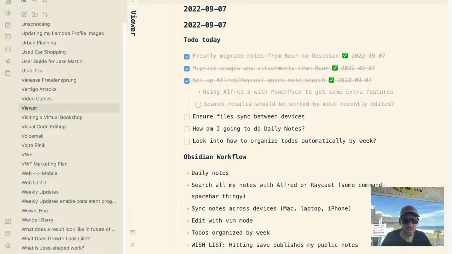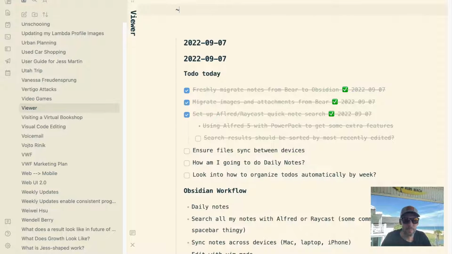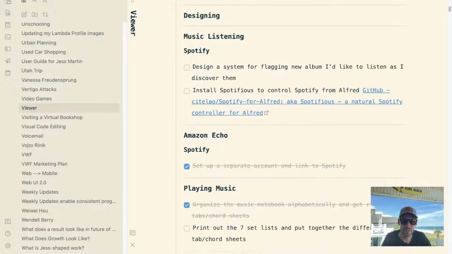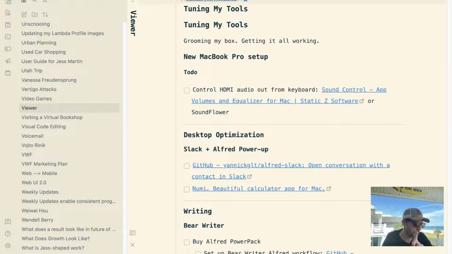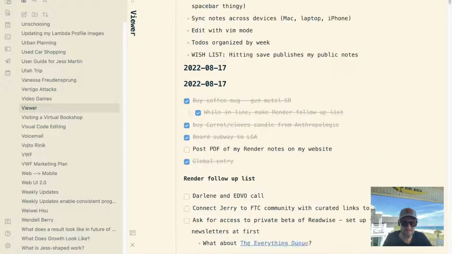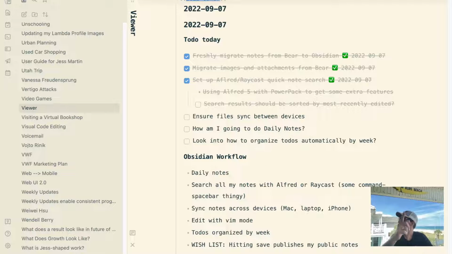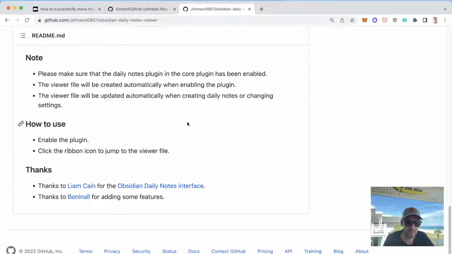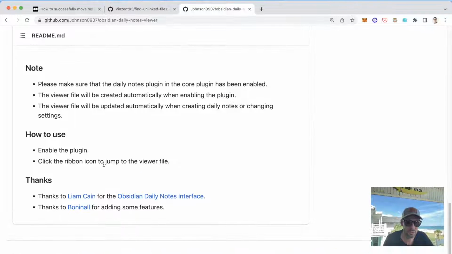Where it's bang, and then the name of a note, like that, tuning my tools, and then it immediately inserts the content of that. Now the problem with transclusions, that sort of embedding of notes in Obsidian, is that you can't edit inside that note without opening that note up. So that's not exactly what I want from this behavior. So this might be something where I'm kind of screwed.